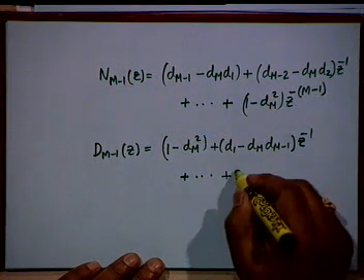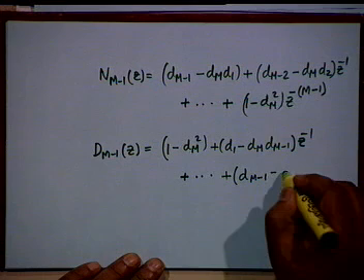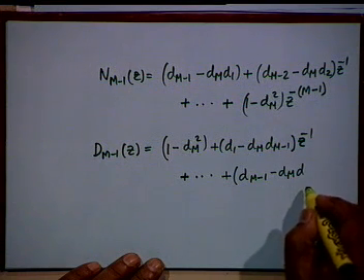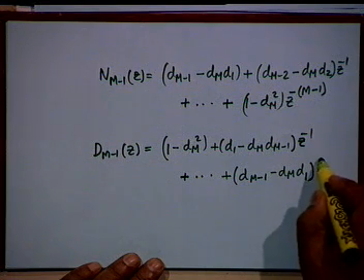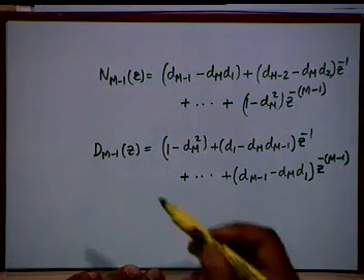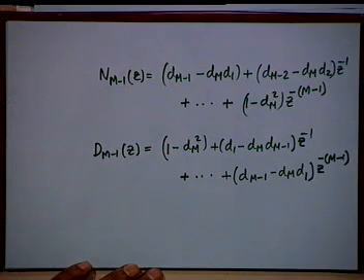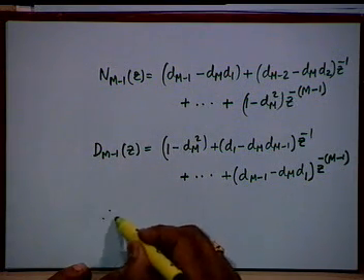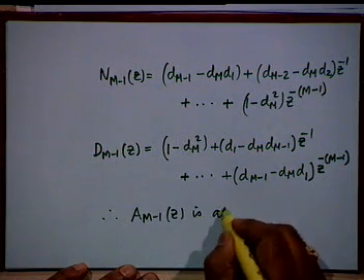This will cancel. So, I shall get dm minus 1 minus dm d1 multiplied by z to the power minus m minus 1. And you see, if this polynomial is put over this polynomial, we get an all pass function. Isn't that right? Therefore, Am minus 1 z is all pass,